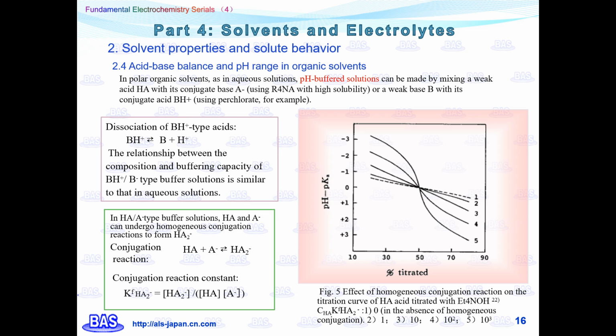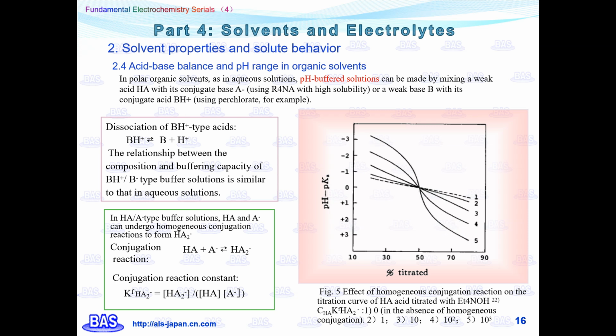that in aqueous solutions. However, in an HA type buffer solution, HA and A- can form HA2-, a slow homogeneous conjugation reaction. Figure 5 shows the effect of homogeneous conjugation reaction on the titration curve of HA acid with tetraethyl ammonium hydroxide. When there is no homogeneous conjugation reaction, the titration curve is a straight line. With the increase of the conjugation reaction constant Kf, the titration curve will deviate from the straight line to a